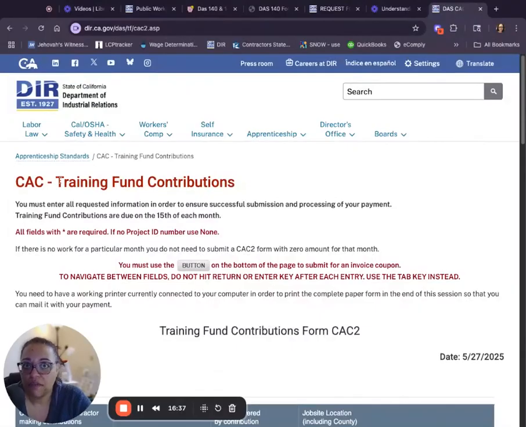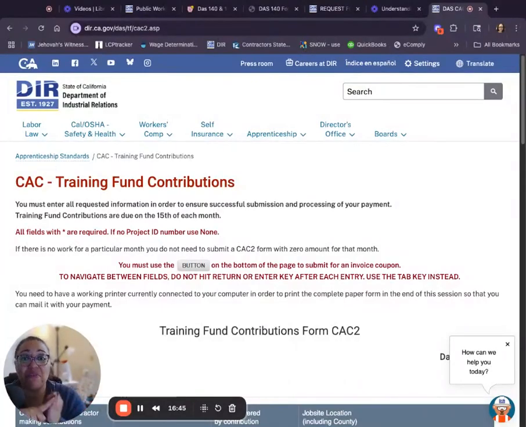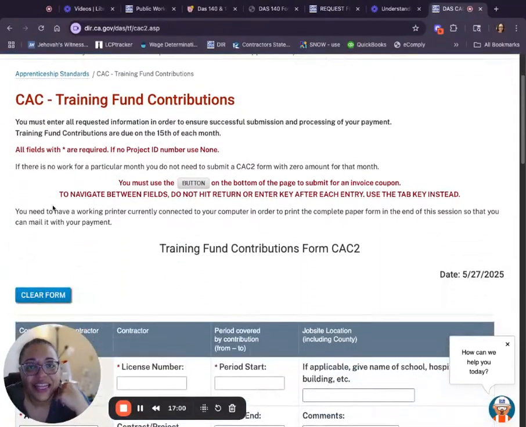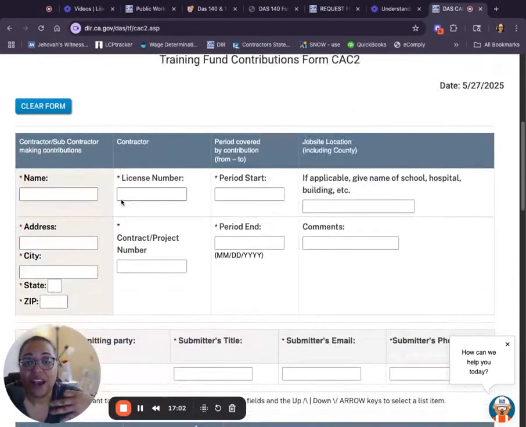This is where those training fund contributions go. And right now you might just be hearing these words, but it all boils down to what box you're checking. The first one was for union. The second one was for a PLA, or they didn't mind joining for one project. And the third one was them saying the standards of the California Apprenticeship Council, which is the CAC. That's what they're going to comply to, which means every month,